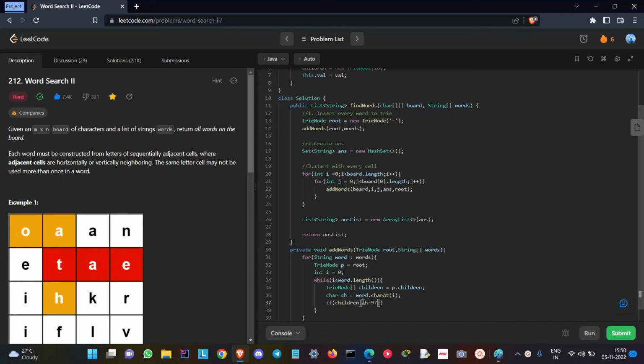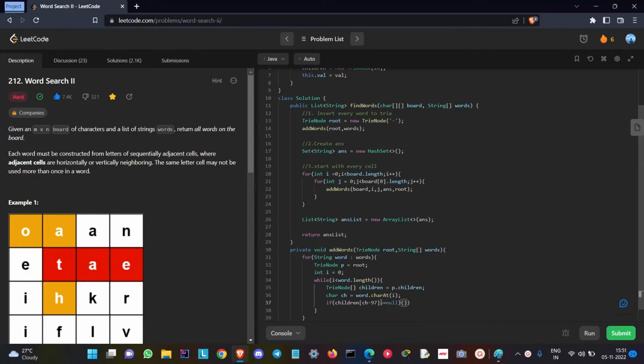So we'll reduce by 97 to locate the index of the current character, ch. So if the child of the current node is empty,